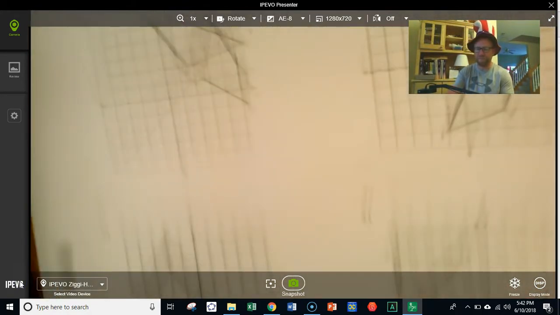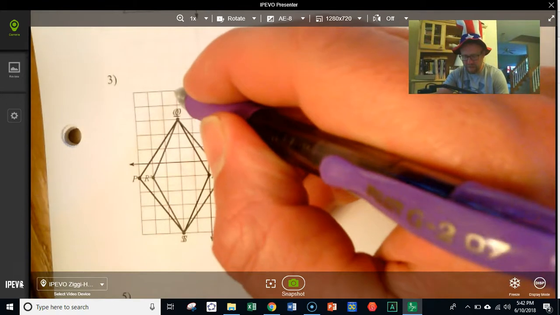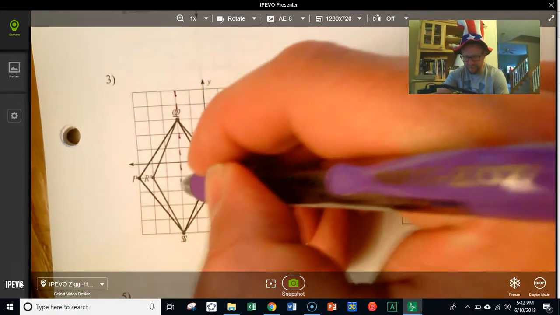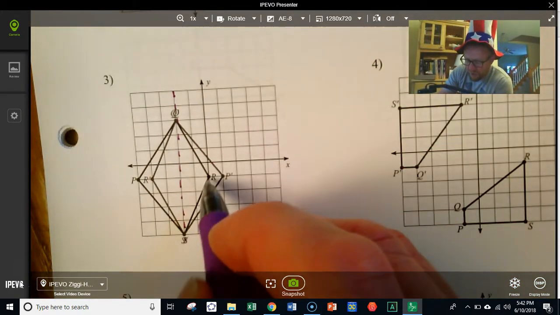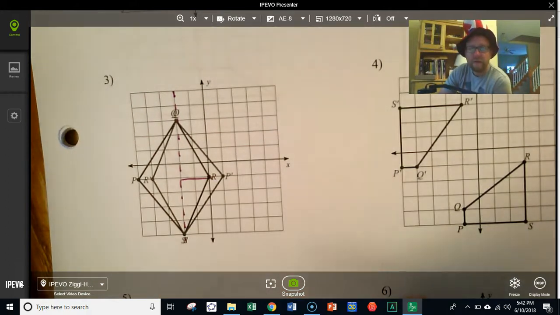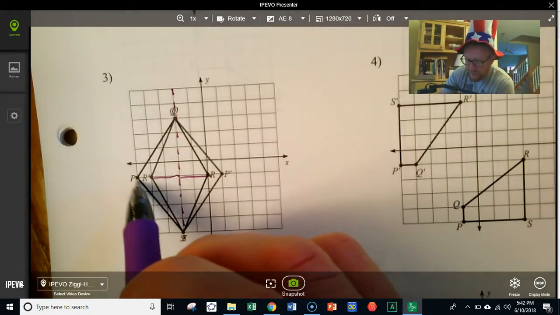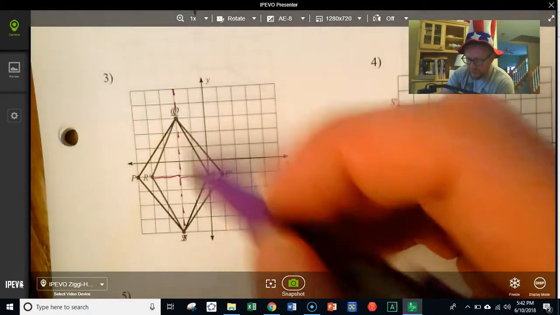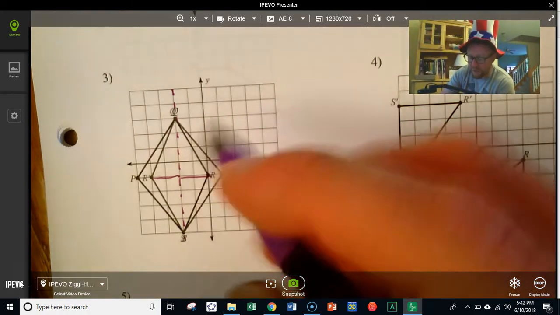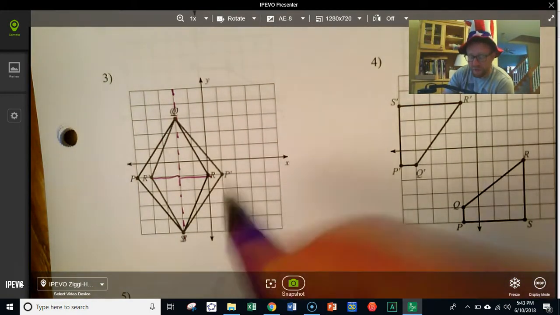All right, this one is just a little bit tricky. Look down here. You'll notice there's this kind of symmetry that goes through this line right here, in the whole figure and its image. If you look here, r is 2 spaces away from the line of reflection, and r prime is 2 spaces away from the line of reflection. P is 3 spaces from the line of reflection. P prime, 3 spaces from the line of reflection. And Q prime and S prime are both on the line of reflection. So this is kind of like a sort of offset diamond shape, and it's been reflected across the line